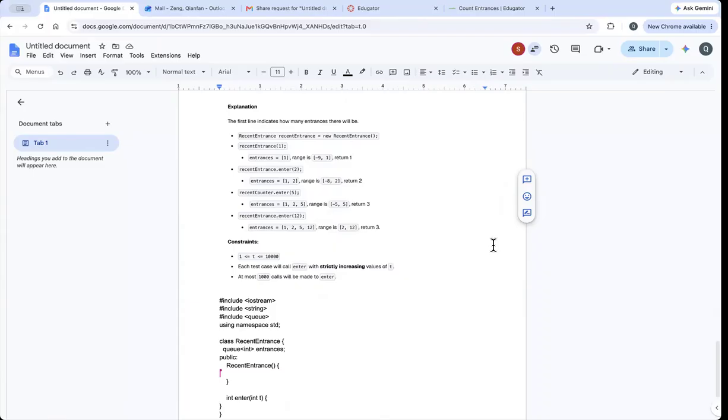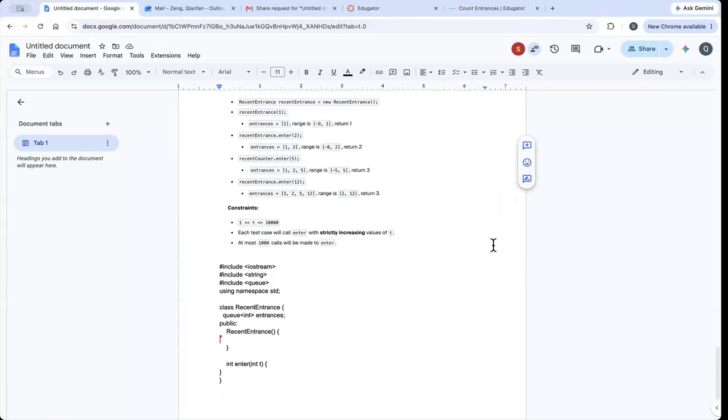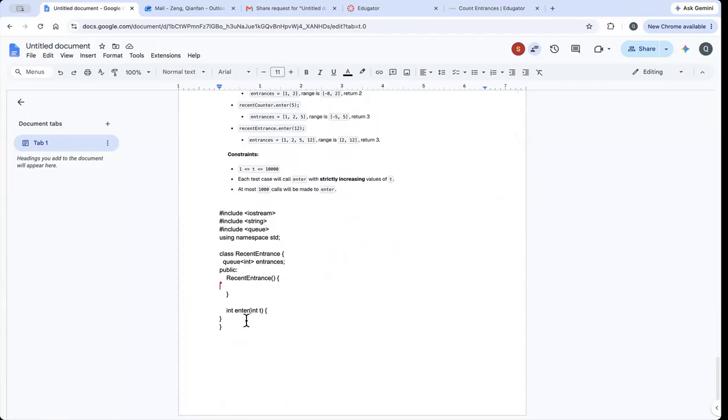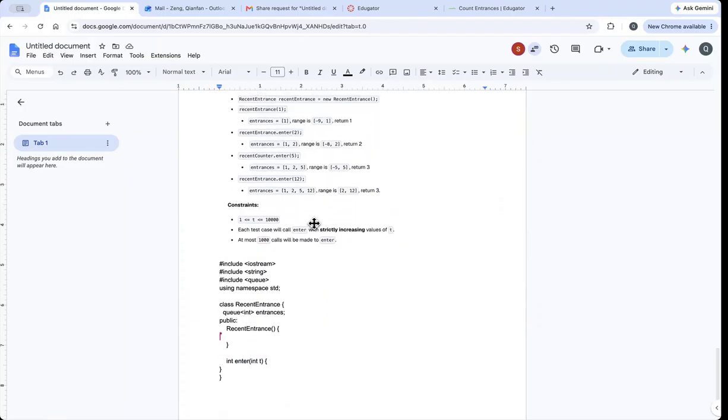Okay, I'm a little confused of what it's returning. I think you only need to implement this function, which returns an integer that counts the number of how many values are in the range. Oh, how many values are in the range? Okay, okay. Then I would just